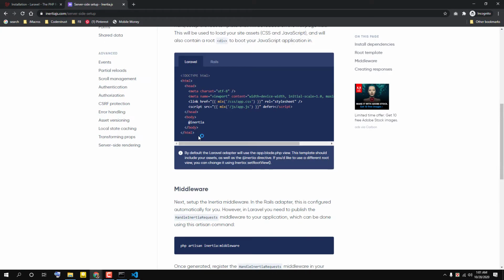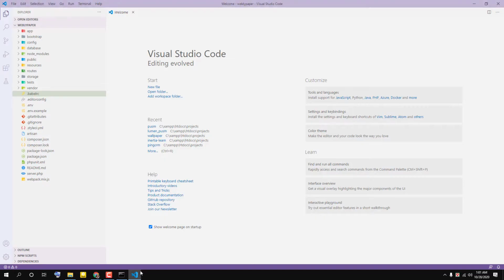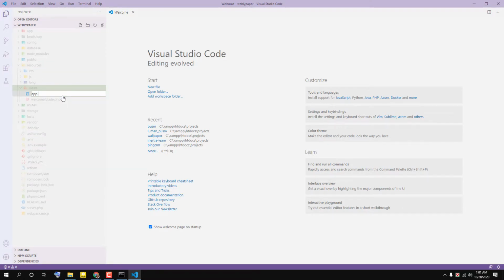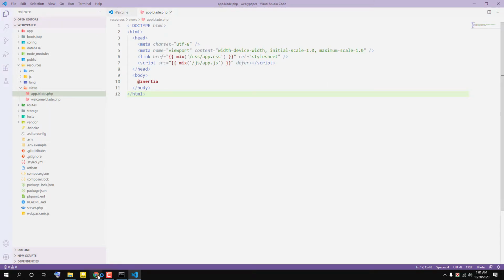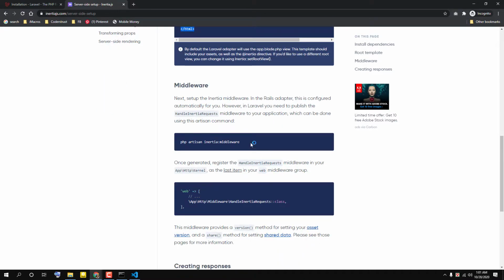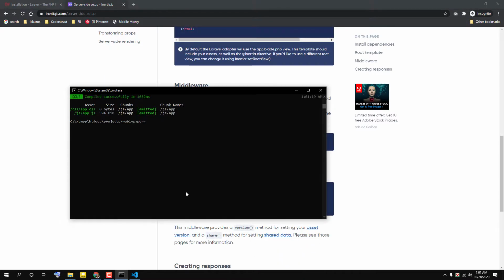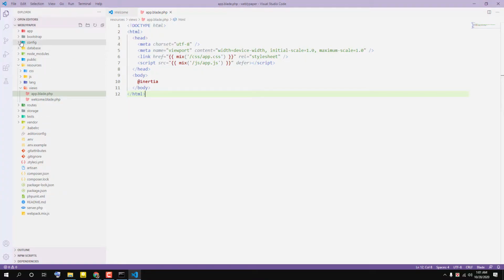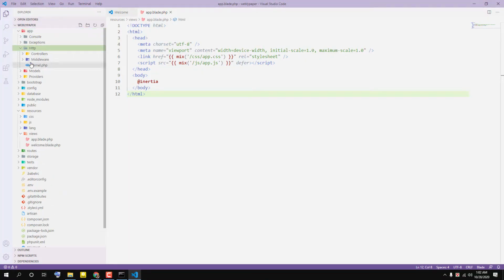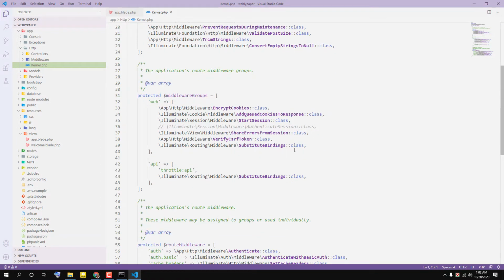And then create app.blade.php. Save the file. Let's create a middleware. Add this into your HTTP kernel. Under web,